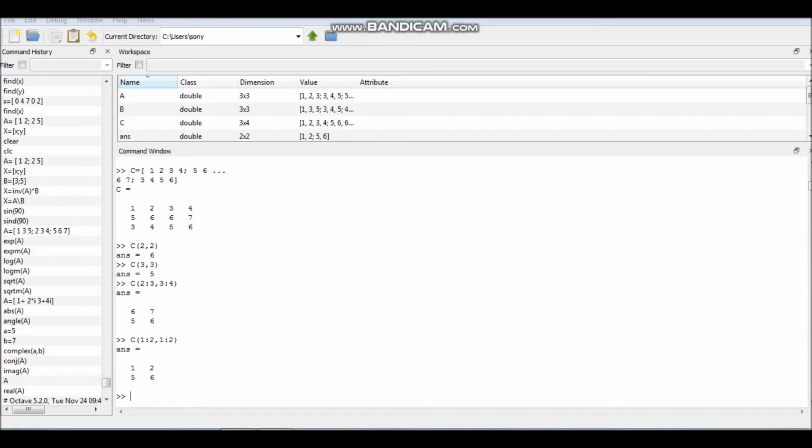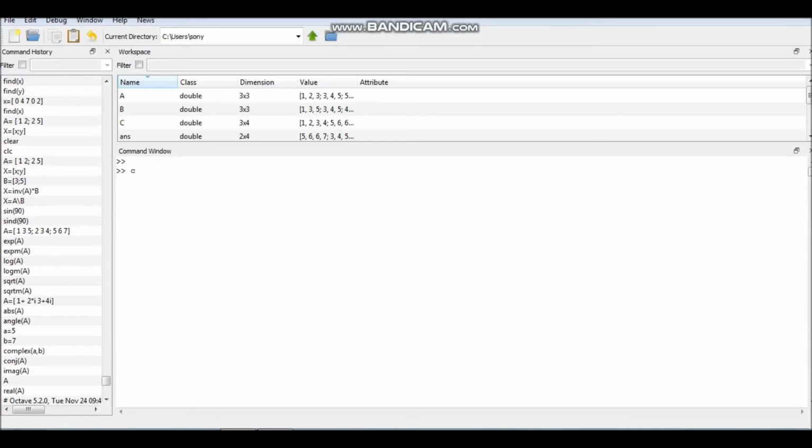Then I will write the command C, second row and third row, 2:3, and all the columns. So for that I will use colon. So you can see I have extracted this part 5 6 6 7 3 4 5 6 of the matrix. So on the right side you can use colon, or the other way is you can use all the columns, means 1 to 4, because we have 4 columns. So then you will get the same answer.